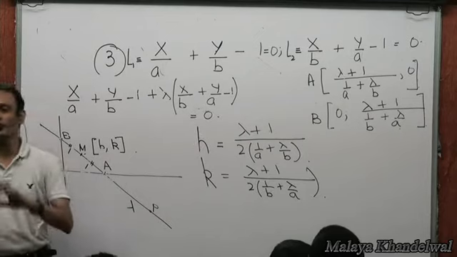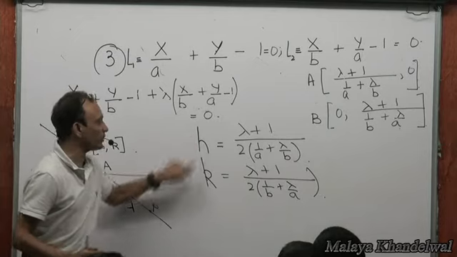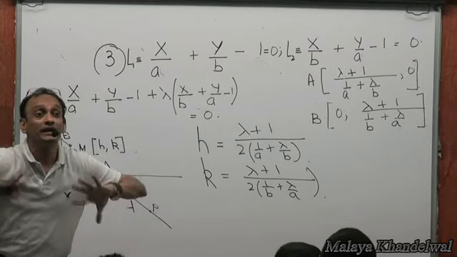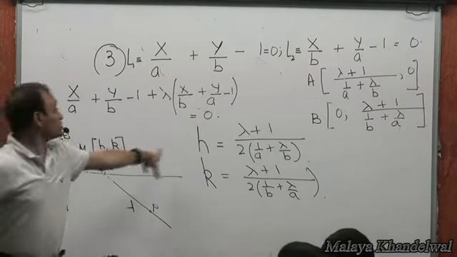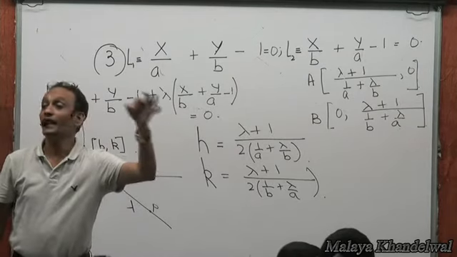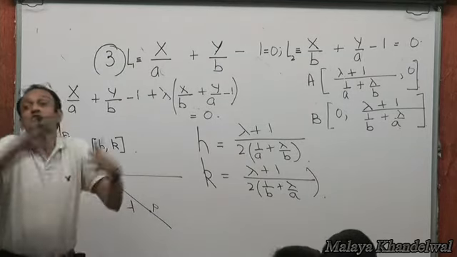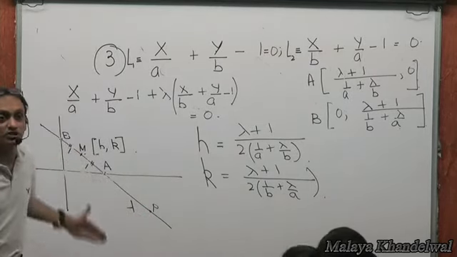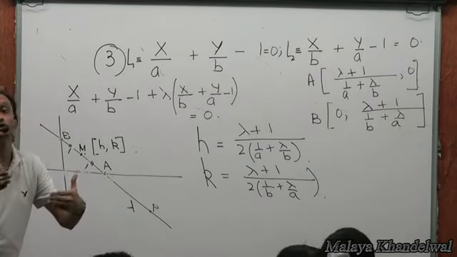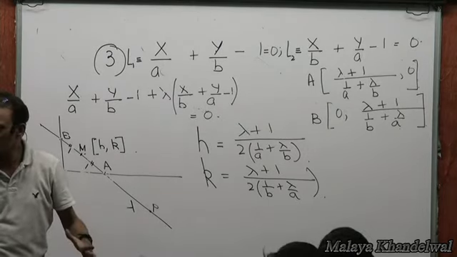Now what is it that I'm trying to do here? I'm trying to connect H and K, the x and y coordinates of the midpoint, but in a manner that it should be true for all positions of the moving line independent of lambda. H and K should be connected in a manner that lambda is removed. If lambda is removed, then that will be a condition true for all lambdas, and therefore all positions of M. Different lambdas will give me different positions of M, so a relationship true for all positions of M would be independent of lambda. Very difficult? No?